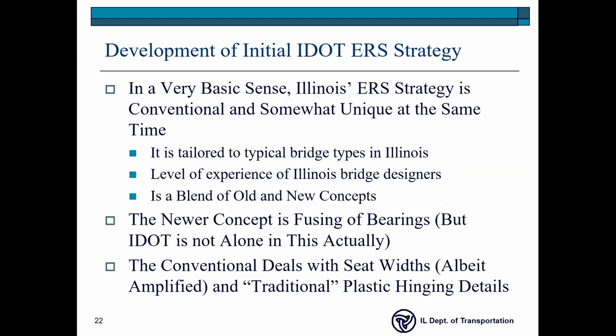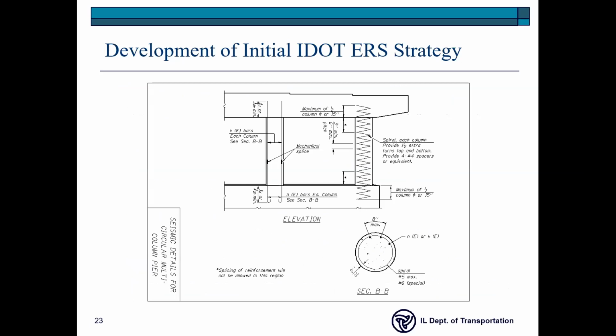Okay, so in a very basic sense, IDOT's earthquake resisting strategy is unconventional and conventional at the same time. The fusing part is fairly unconventional and new. It's fairly unique in the United States, but not completely. I know that Taiwan out in the Far East, they are very interested in this concept and take advantage of it. I think Japan has started to as well. Okay, and then the conventional part is the seat widths on your piers and your abutments, and then the plastic hinging detail. So as part of developing our strategy, we had to come up with some typical details for designers